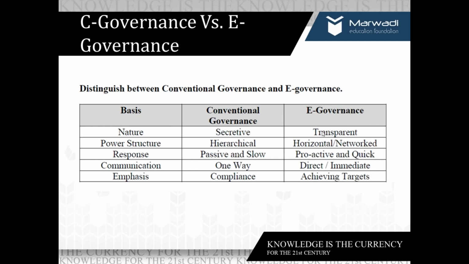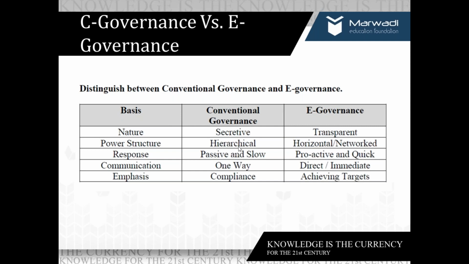You can find transparency if you apply e-governance. Obviously you find DigiLocker over there, right? BHIM applications over there. So no extra charges or hidden charges in any transactions, right?